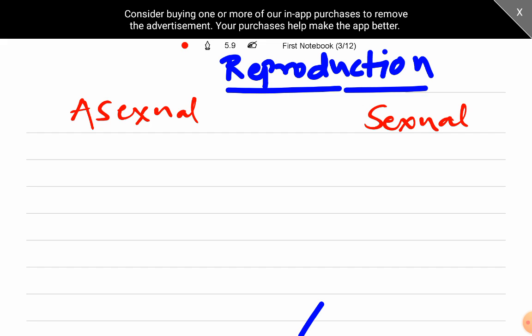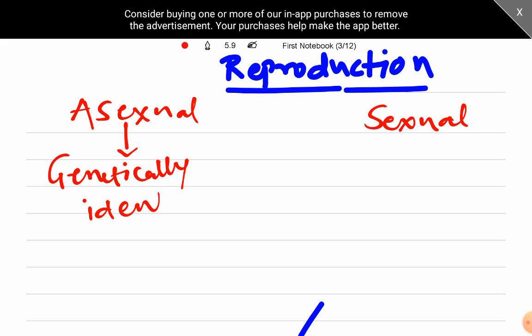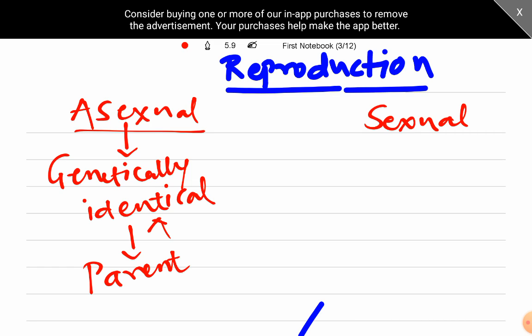Now what happens in asexual reproduction? The organisms are formed from the parent and they are genetically identical. Genetically identical. Are you understanding? Whatever genes the parent has, the same genes are possessed by the individuals also. So in asexual reproduction, genetically identical organisms are formed, whereas in sexual reproduction